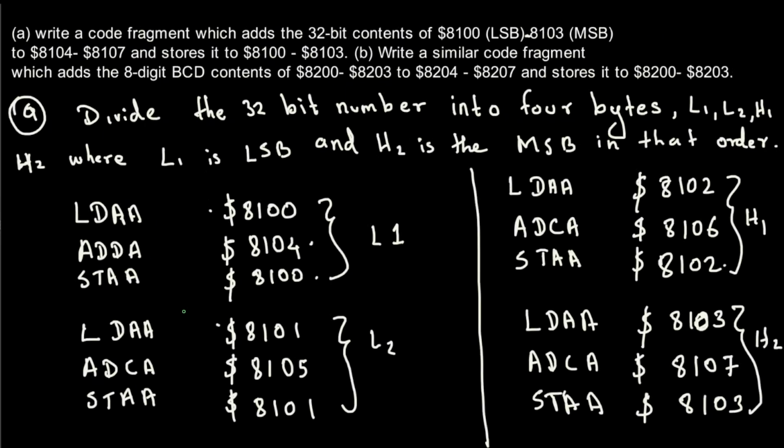Okay, that's the A part of it. And then B part is very similar. Write a similar code fragment which adds 8-digit BCD contents 8200 to 8203 and 8204 to 8207, and storage to 8200 to 8203. So it's a similar thing, but when we are dealing with BCD, we had to put a DA, that is decimal adjust accumulator A. We had to do that for